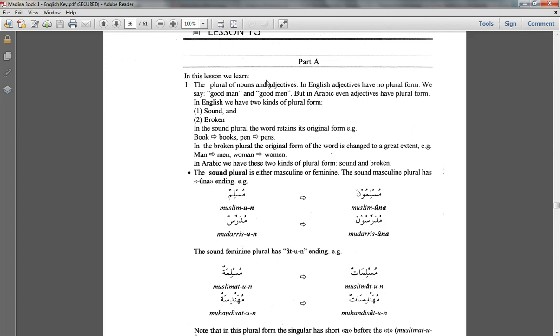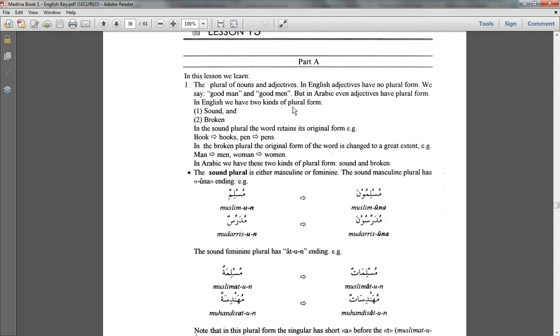Now remember, why are they bringing the adjectives issue up? I think I briefly mentioned that if the noun that you're describing is dual, then the adjective has to be dual. For example, رجلان طويلان, two men, two tall men. Okay? And if you're describing a plural, then the adjective also has to be plural. رجال طوال. Okay, tall men.